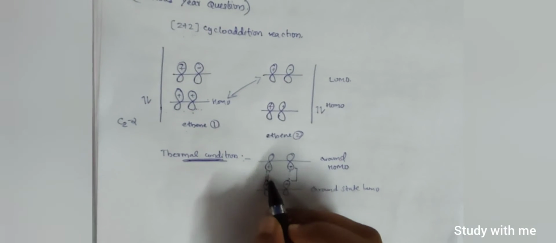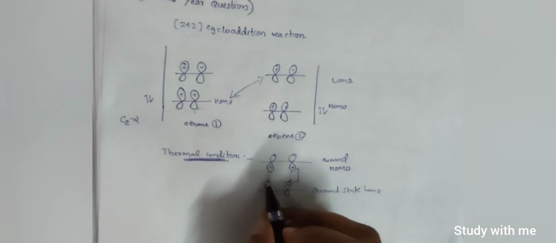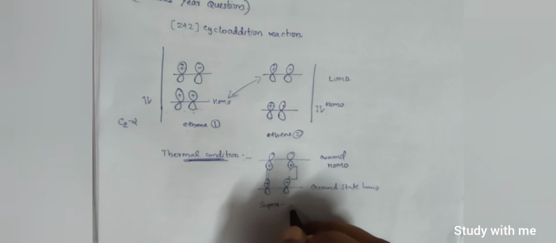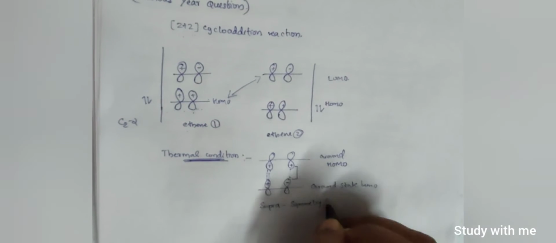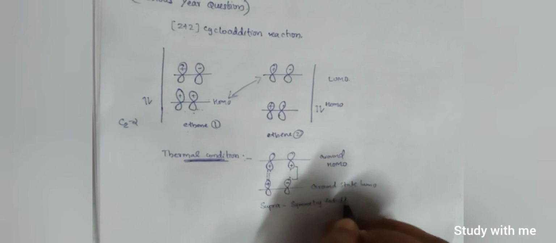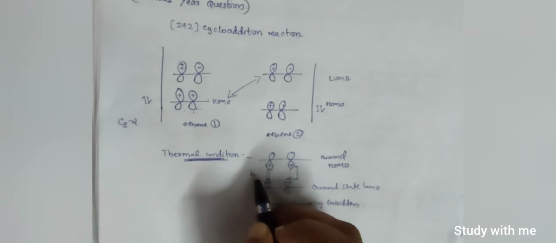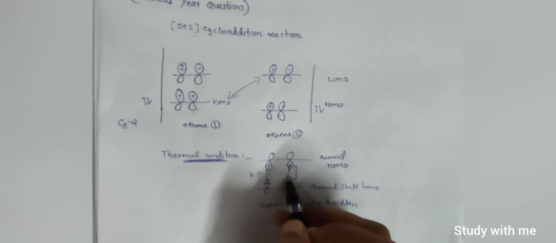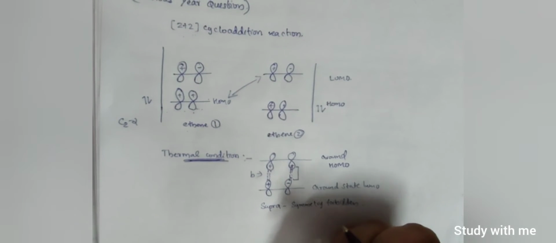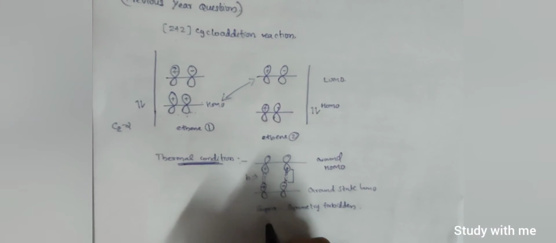We know about the supra and antarafacial. So in supra addition this will be symmetry forbidden, because this can make a bond here, but this cannot make a bond in the suprafacial form. So we will go to the next chance, that is